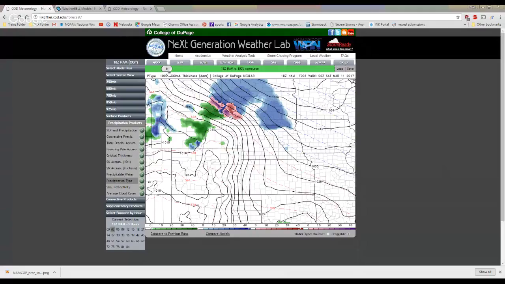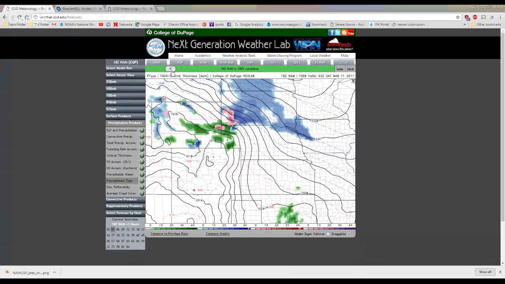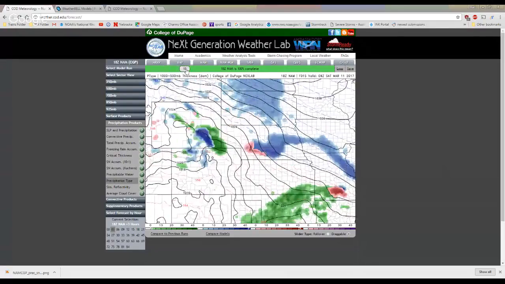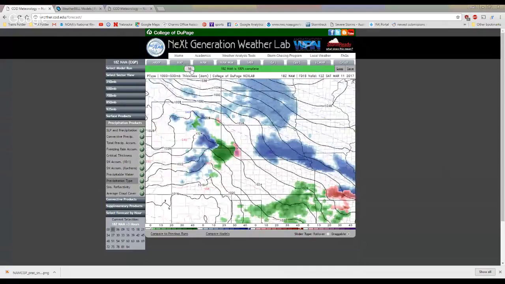So here it is. We're going forward to about 6 p.m. today. This is what it says it'll look like. Going down more, going down more. And then here it is at 6 a.m. tomorrow, basically covering the entire forecast area in light to moderate snow.